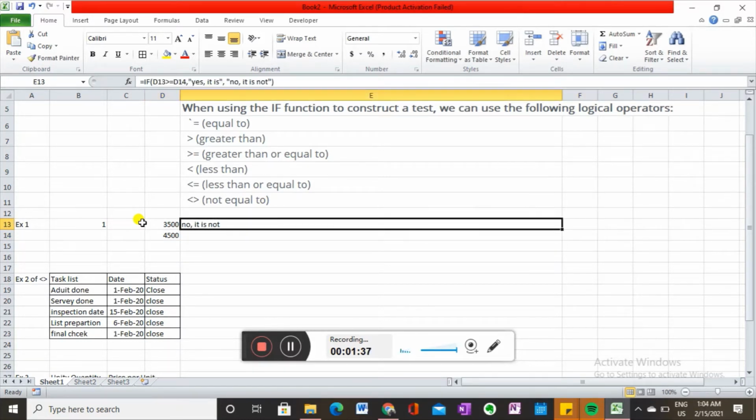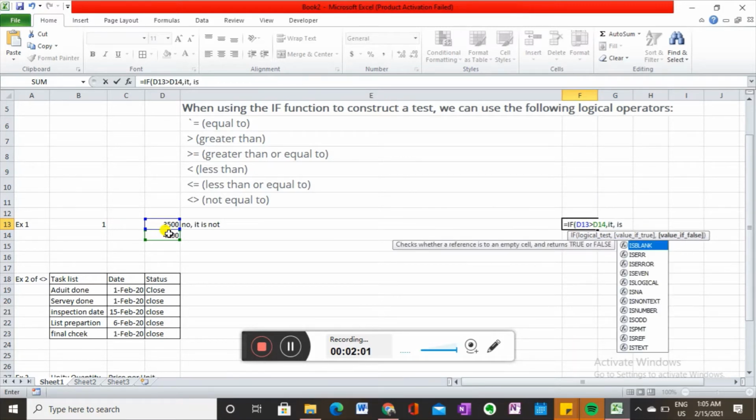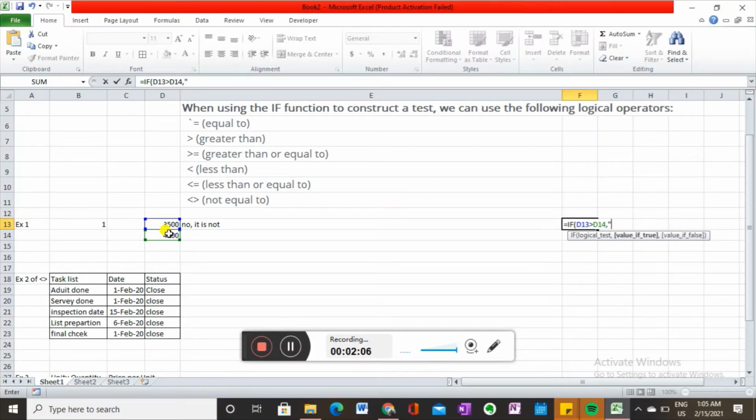So how can we write this? We have to just type equal to IF, then the logical test. What is our test? If our value is greater than or equal to D14, then we have to put an inverted comma, "it is", close the inverted comma, then comma.